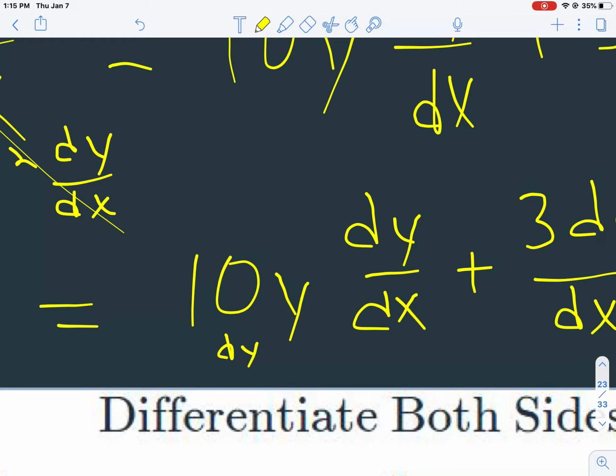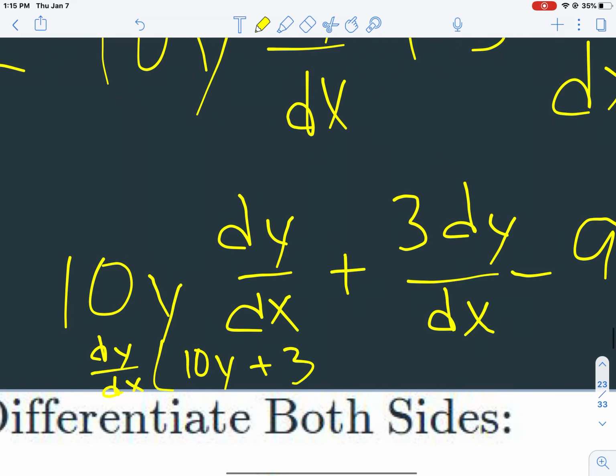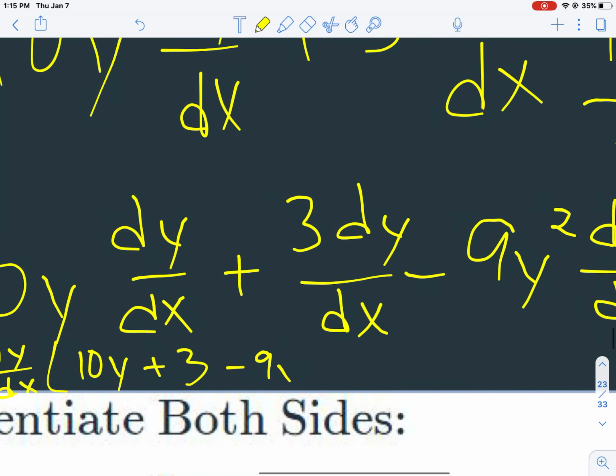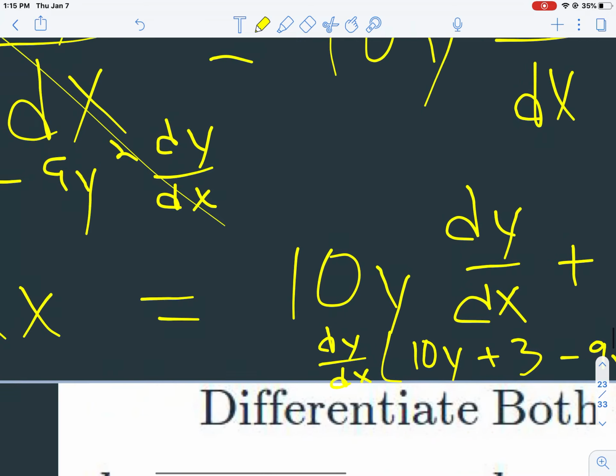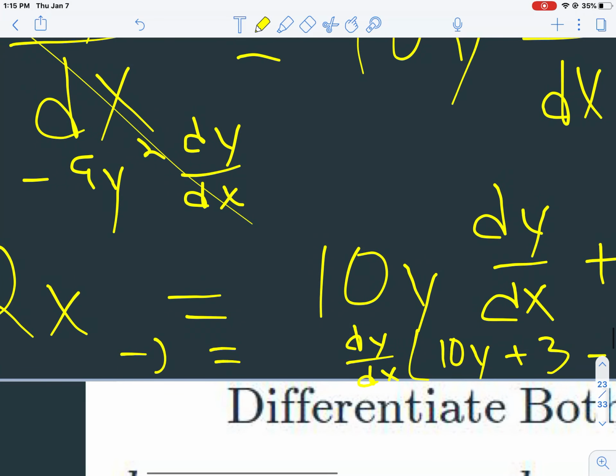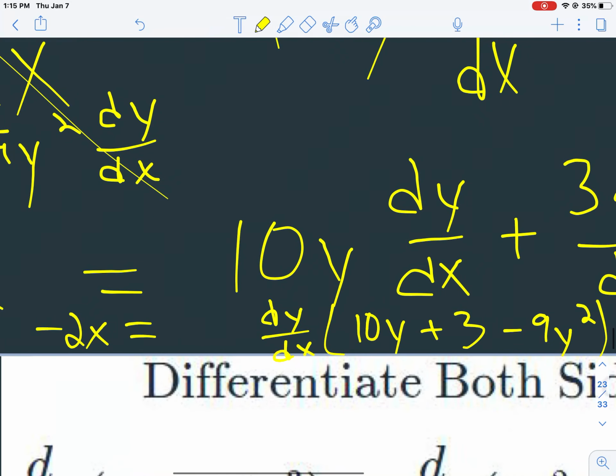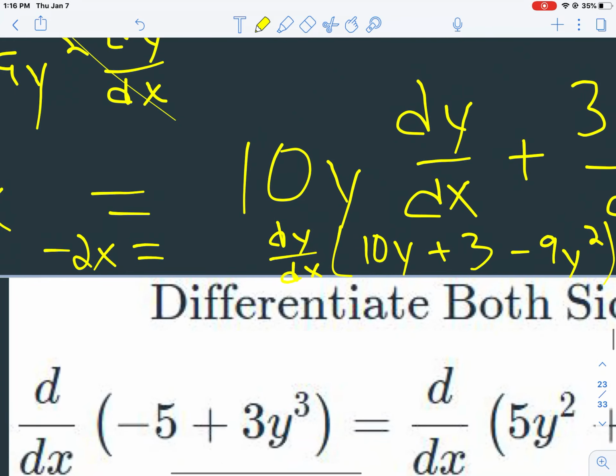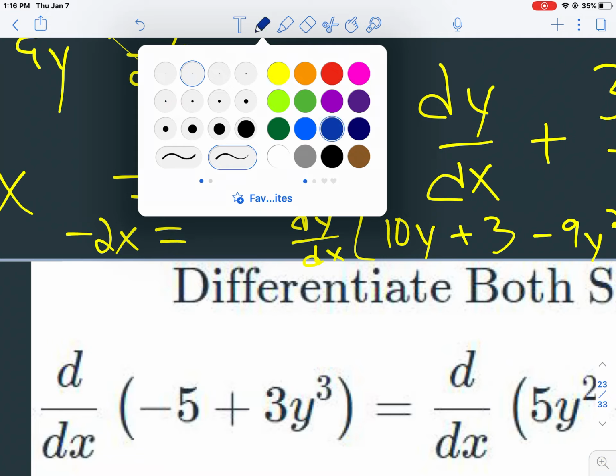So I have dy dx factored out times 10y plus 3 minus 9y squared equals negative 2x. And if I divide both sides by 10y plus 3 minus 9y squared, right, what I'm going